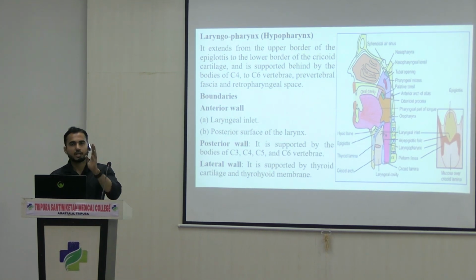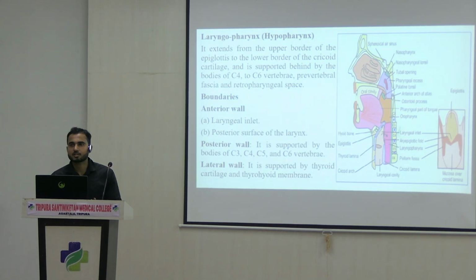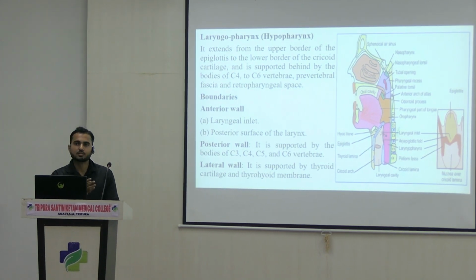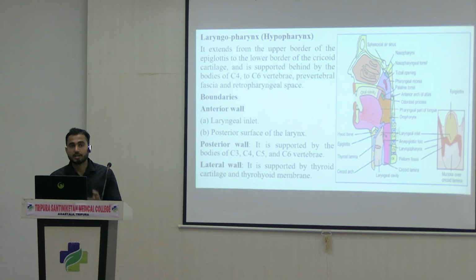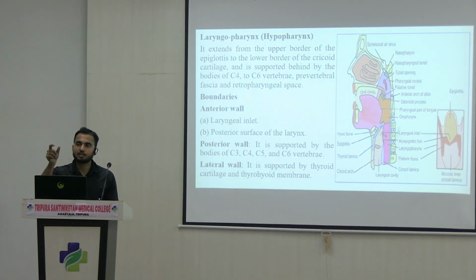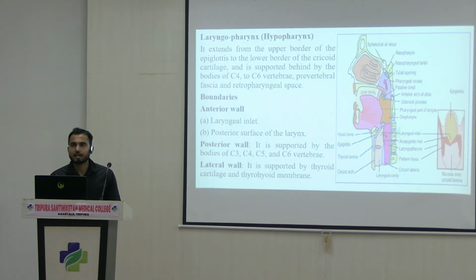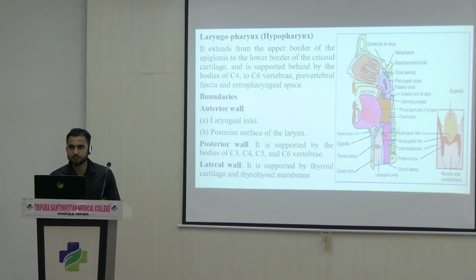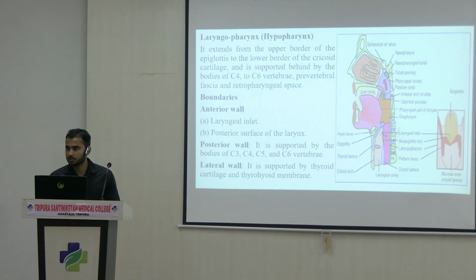For example, if it is the anterior wall, which features will be there, and if it is the lateral wall, which features, like this. Better make a list. For example, for the nasopharynx, what are the features present in the nasopharynx? Make a list. And then see in which wall which features are present, and then study. Okay, don't mix. See, repeatedly I am telling you guys,